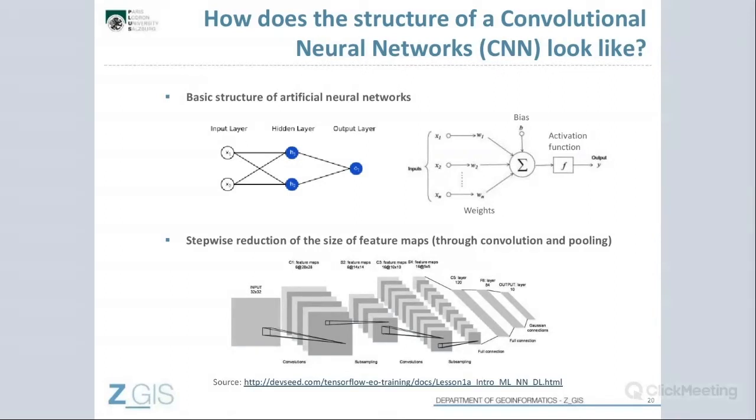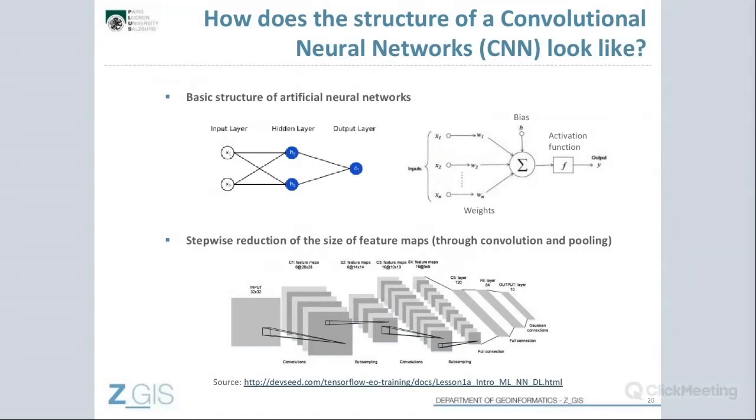And for getting from the input layer to the output layer, you have these nodes where you have all the connectors from other neurons, where you have weights and a bias and an activation function. So these are parameters that you have to set, or that the software, the process sets for you.